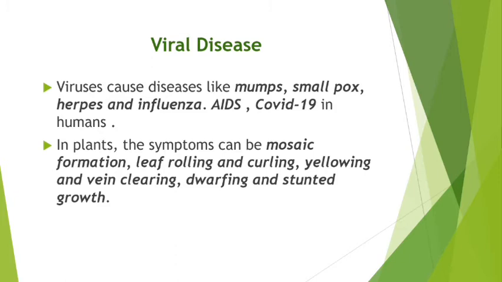disease in plants. Okay, then my dear students, in leaves you will find that some veins are there. Sometimes, due to the infection of a virus, those veins are cleared. So this is also a symptom of viral disease. Then dwarfing: sometimes you will find that the plant is not growing, they are showing dwarfism. They are remaining very short, with stunted growth, and the virus also retards the growth in plants. So these are some symptoms that are seen in plants due to viral infection.